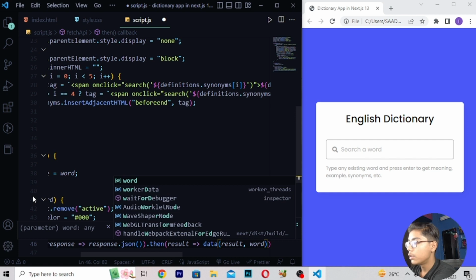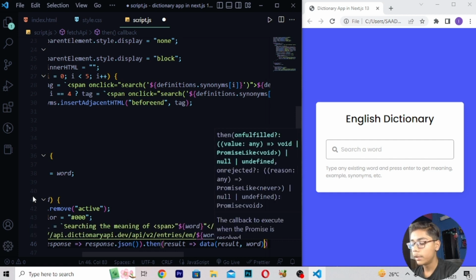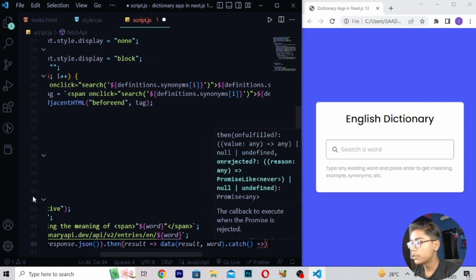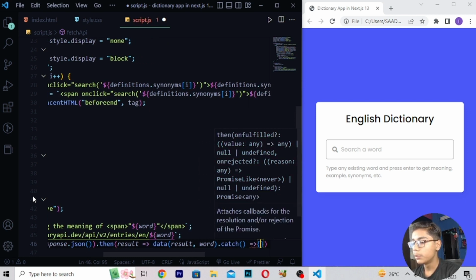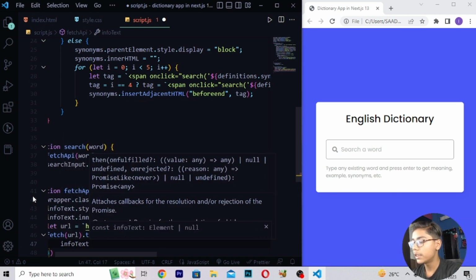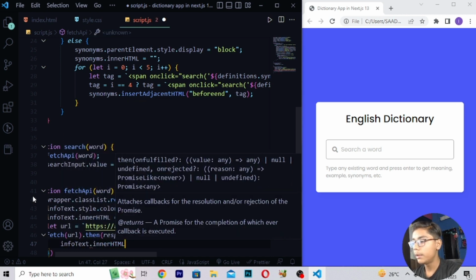Now when you've written all these things, here I will be writing result comma word, right here catch, then write this tag here, right here is equals to like this, and you have to just move down after this tag. Then after moving down, here you have to write a tag. So here I will be writing info tags dot inner, then I will be writing this tag right here, and right here "can't find the meaning", then I'll be writing "can't find the meaning of".